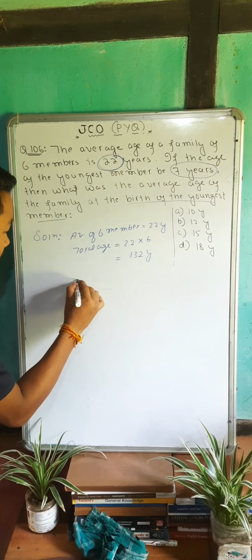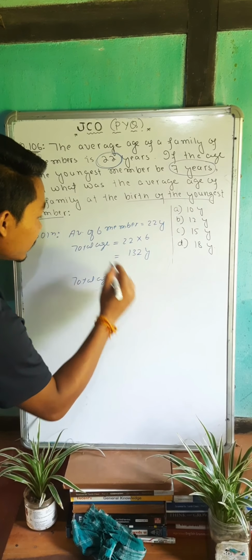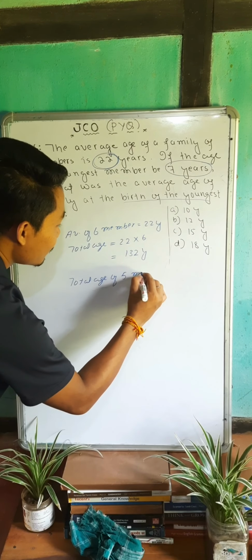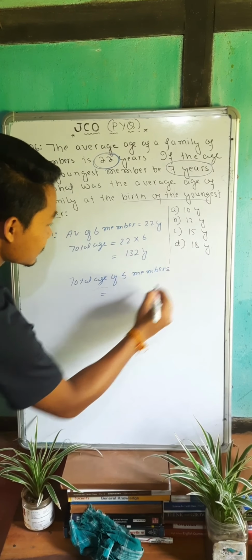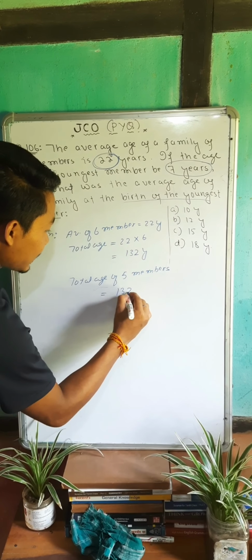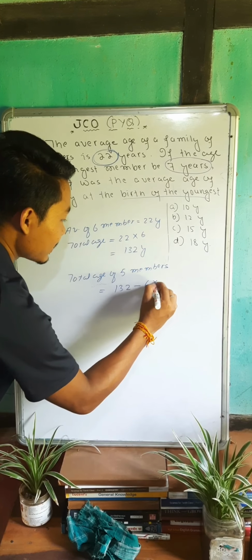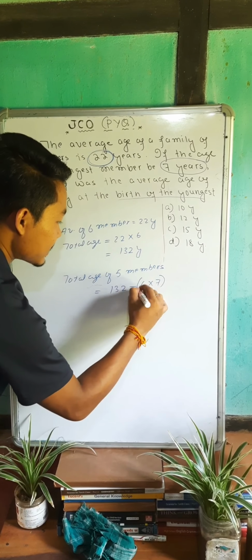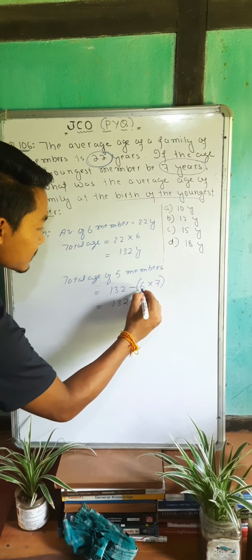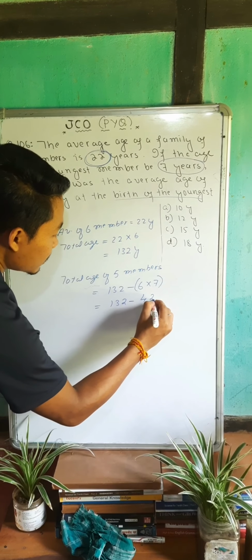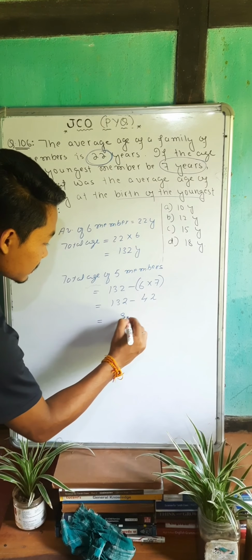So total age of, now it will become 5 members, from total age of 6 family members subtract 7 years from each family member, which will give us 132 minus 6 7s are 42. So 132 minus 42 will give us 90